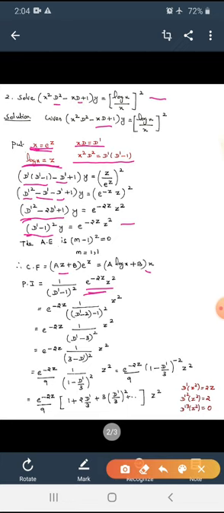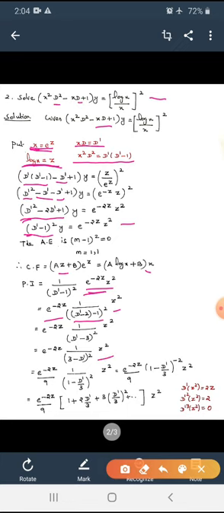So let us do it. e^(−2z) into 1 by, you see the denominator, just replace D' by D' − 2, minus, already having 1, minus 1, the whole square. Now write the remaining term of z². That is equal to e^(−2z) into 1 by (D' − 2 − 1), which is (D' − 3), the whole square, of z². That is equal to e^(−2z) into 1 by, we know that (a − b)² can be written as (b − a)², so 1 by (3 − D')² of z². So this belongs to type 2.